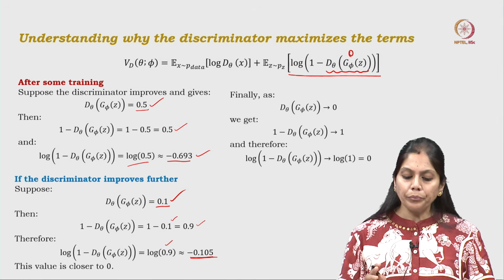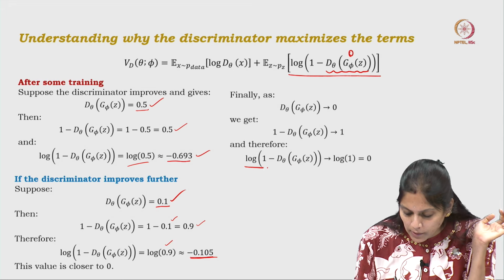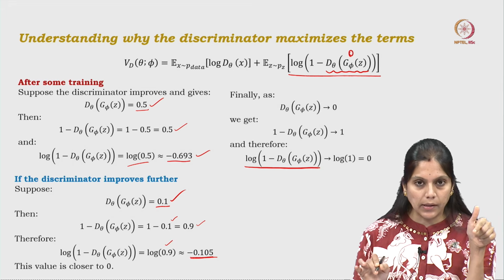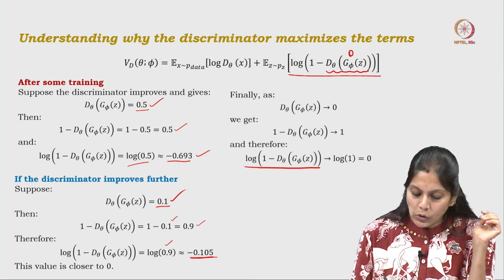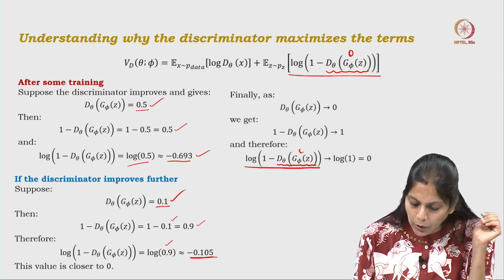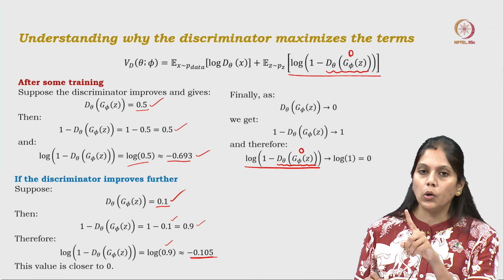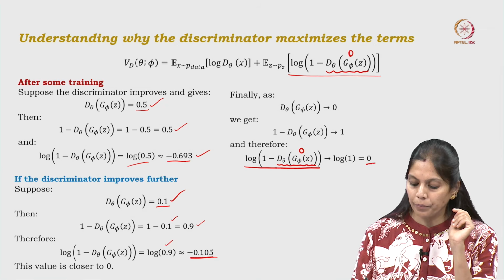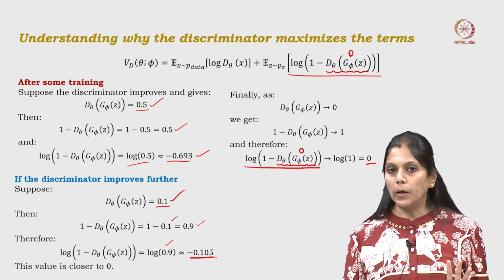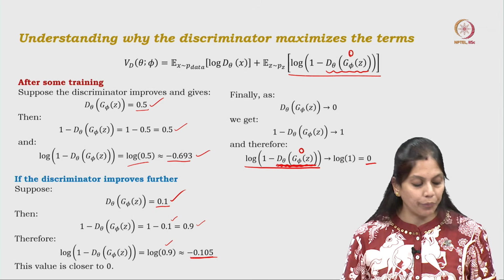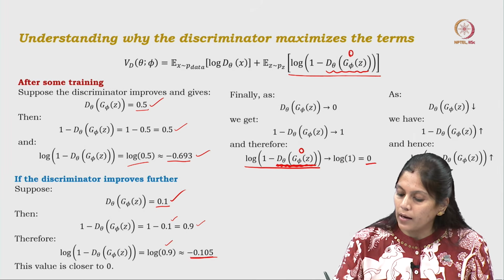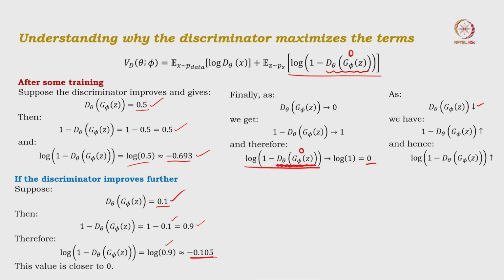So, you see here, finally, we have to maximize this whole term. If you have to maximize this term, for what value are you going to get the maximum value? This value should be closer to 0, then only 1 minus 0 is 1, and log 1 is 0. I hope this is clear to you. That is the reason why the discriminator pushes this particular term closer to 0. As I said, as this value decreases, 1 minus this term increases and the log term